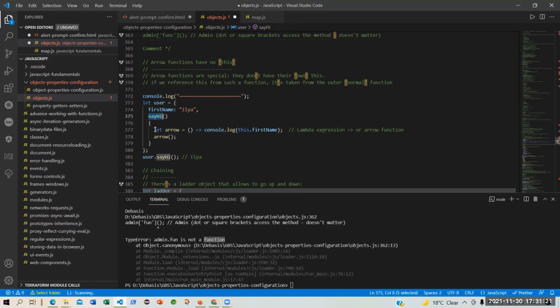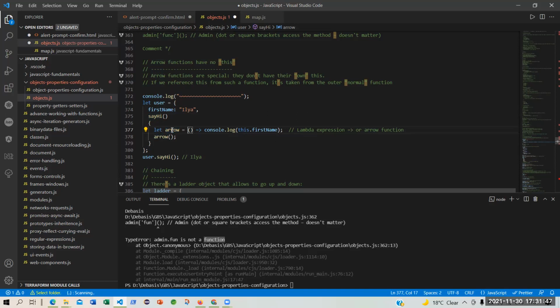You see how many? 1, 2 rows. And then after this lambda expression is over, you are calling this arrow, which has been assigned with a function, an arrow function.